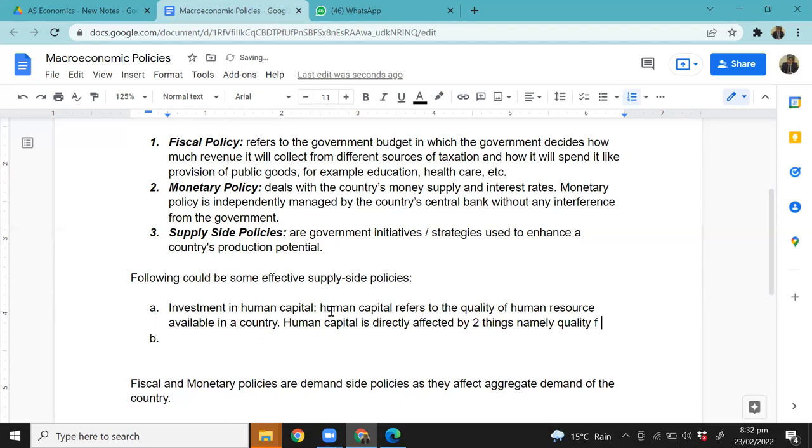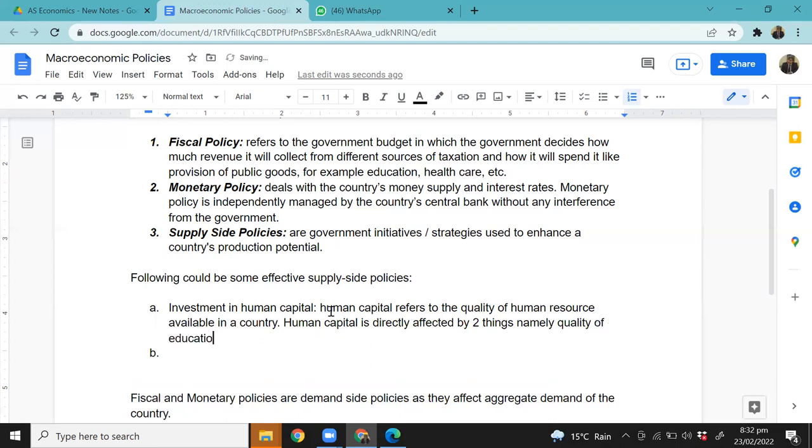Quality of education slash training, because as I said, education is just for kids, training could be for anyone, and quality of healthcare. Students, do you agree with me or not? Right? So human capital, which is the quality of labor force available in a country, that is directly affected by